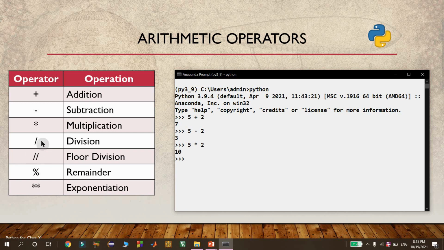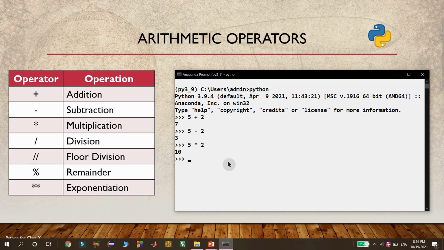To perform division, Python has two operators, single slash and double slash. Both will return the quotient after performing the division. If you use the single slash to perform the division, it will return the quotient in the form of a floating point number. If you use the double slash to perform the division, then it will return the quotient by truncating the fractional part. That's why this second division is called floor division.